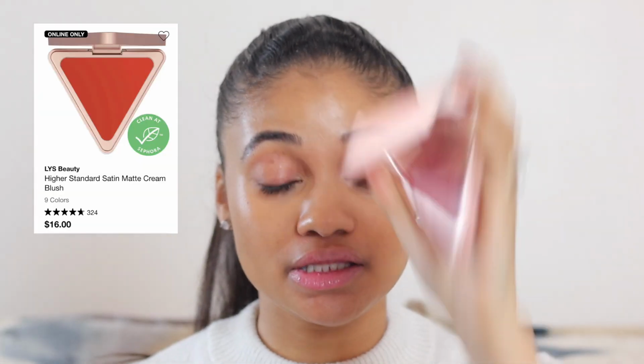Now, the highest rated blush, which I'm actually not surprised by, is the LYS Beauty blush, and I have the shade Confident in this one. What I like to do with this blush, because these blushes are so pigmented, is put it on the back of my hand, and then take a blush brush like this, dip my brush in it, take some off on my wrist because she's really pigmented, and a little bit at a time is the key to success sometimes with really pigmented blushes,